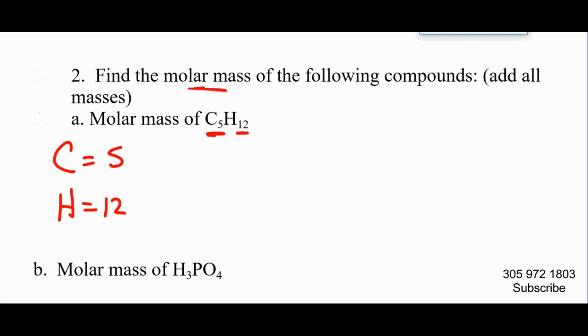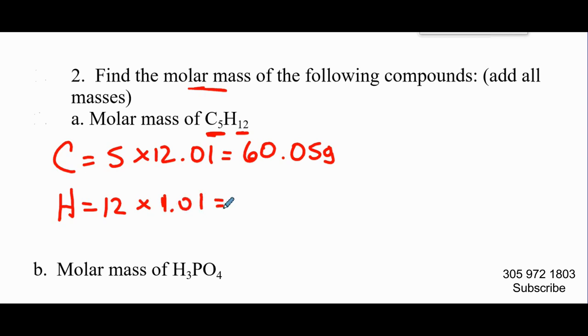So I write those masses, and I found 12 for carbon. That's 12 because that's what I got in the mass. Okay, 12.01 to be exact. Multiply that, I get 60.05 grams, and the mass of H that I found is 1.01. Multiply that, and I end up with